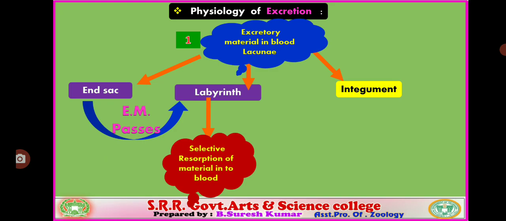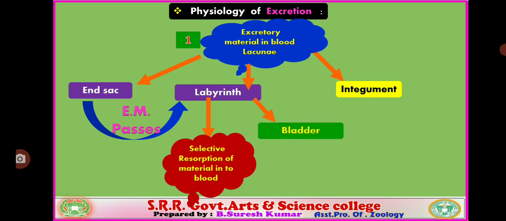So whatever useful material is present in the absorbed material, the useful material is reabsorbed into the blood. So reabsorption of the useful material occurs into the blood, that is selective reabsorption. The remaining pure excretory material